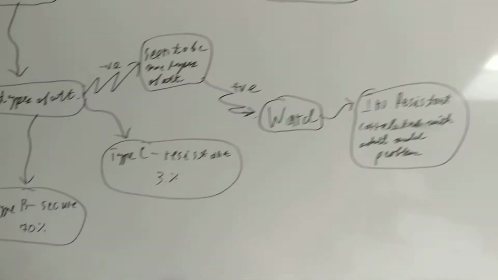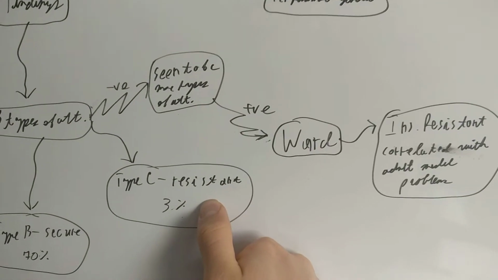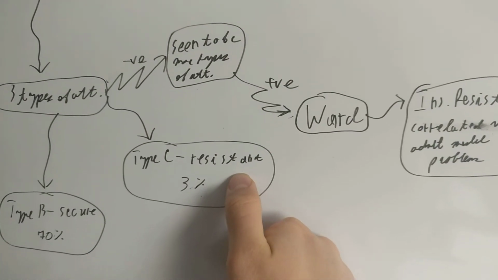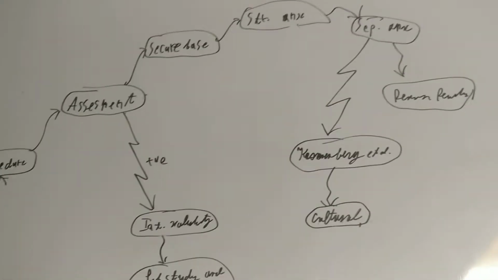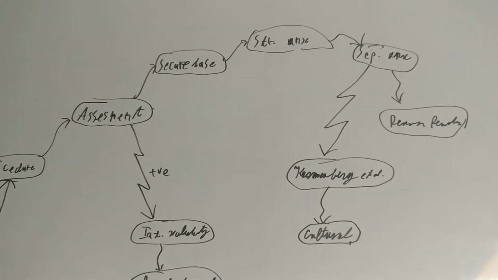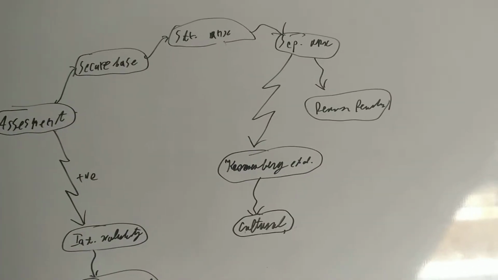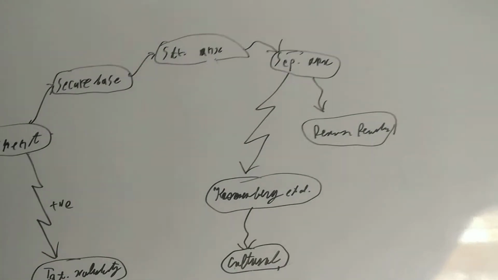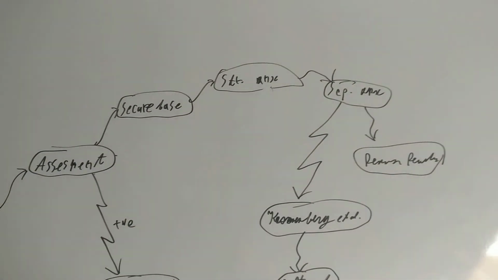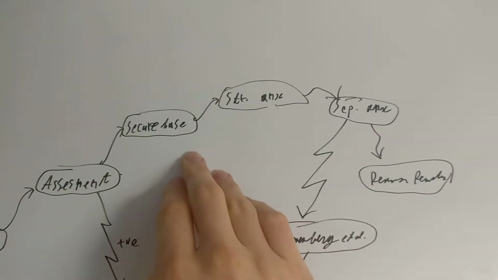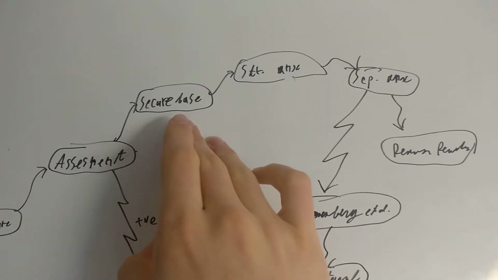Type C is insecure resistant. Insecure resistant, what they did is they didn't really